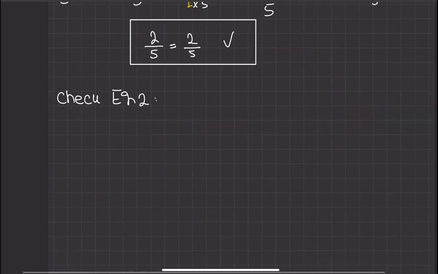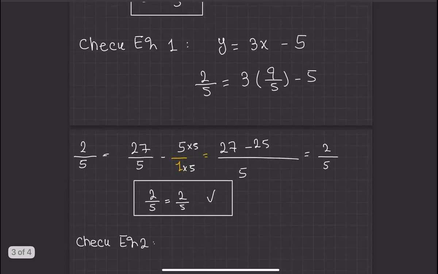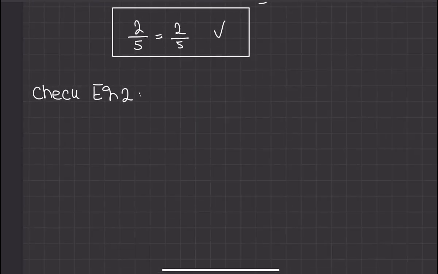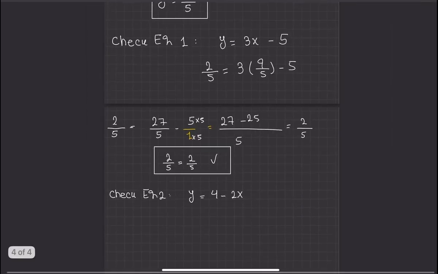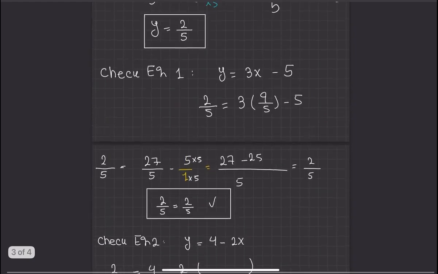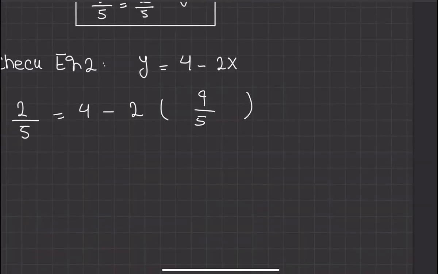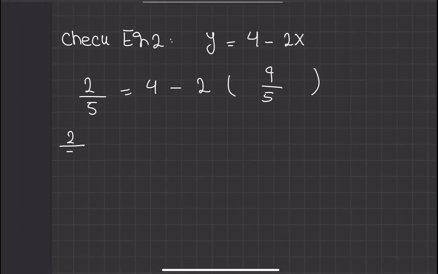So what we had for equation 2, we had this one: y equals 4 minus 2x. So I'm going to write down y equals 4 minus 2x. Instead of y, I'm going to write down 2 over 5, equals 4 minus 2. And instead of x, we're going to write down 9 over 5. So 2 over 5 stays the same, equals 4 minus 2 times 9 is 18, and here we have a